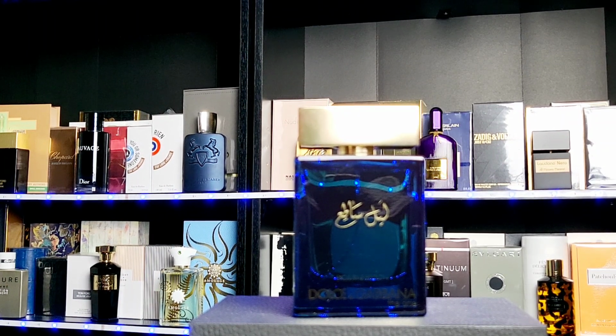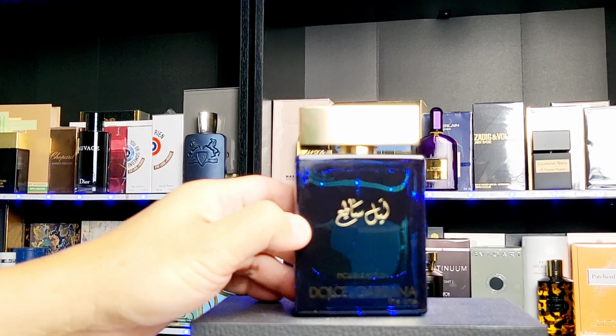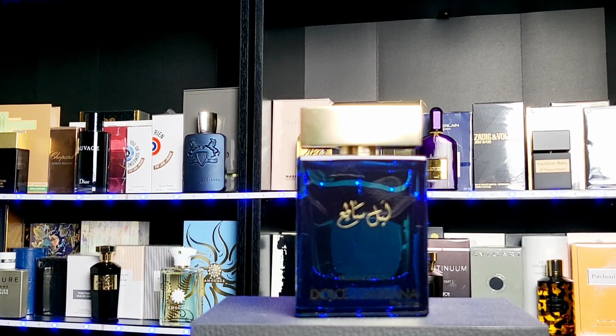So I'm picking up the woodiness. I can't really say I could pick up specific notes. It's very well blended. Okay, if you ask me, I'm just smelling as it's transitioning, and I'll let you know what I'm picking up. But my thoughts right away is, if I have to rank this out of the ones that I showed you in the series, this will be